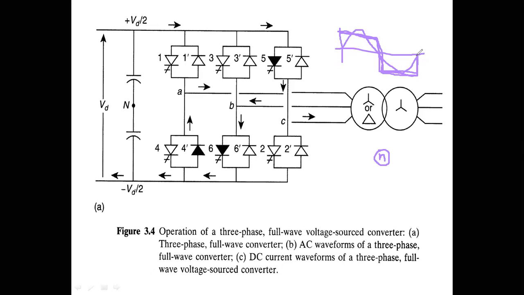And again, out of those odd harmonics, the neutral has third order harmonics. Otherwise it will be 0 generally. Once you sum them, you will get 0 and all harmonics will be injected into the line. But this neutral has the third order harmonics. That's why you will get the neutral voltage as this one.